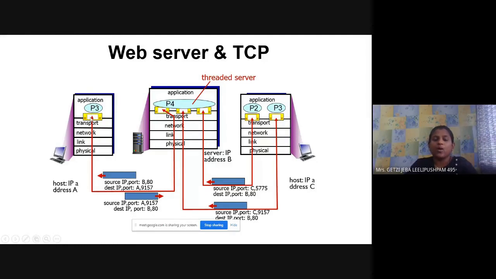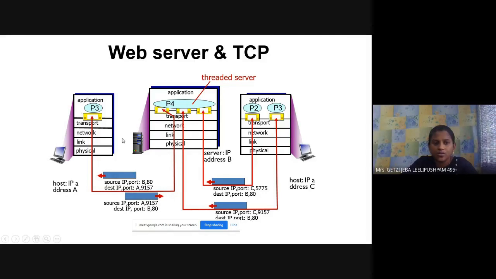Now, all these requests are transmitted to destination port number 80, because the web server works on port number 80. Check out here, the source IP is A and the port number is 9157.